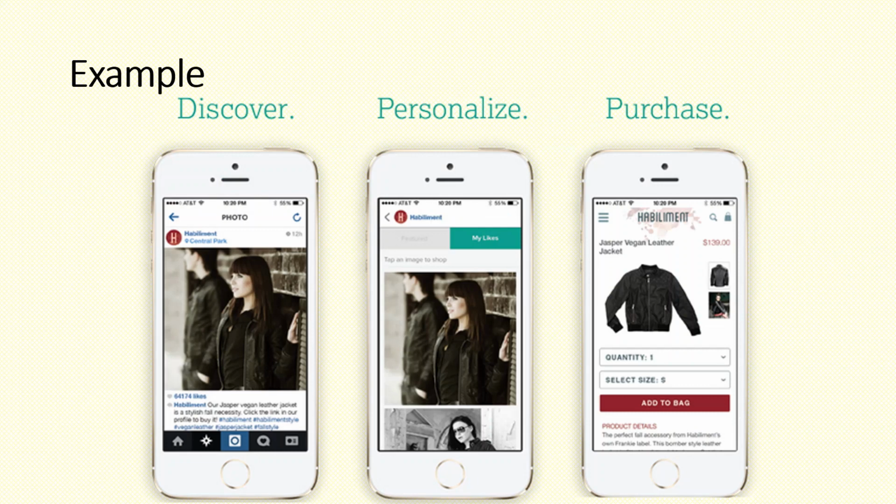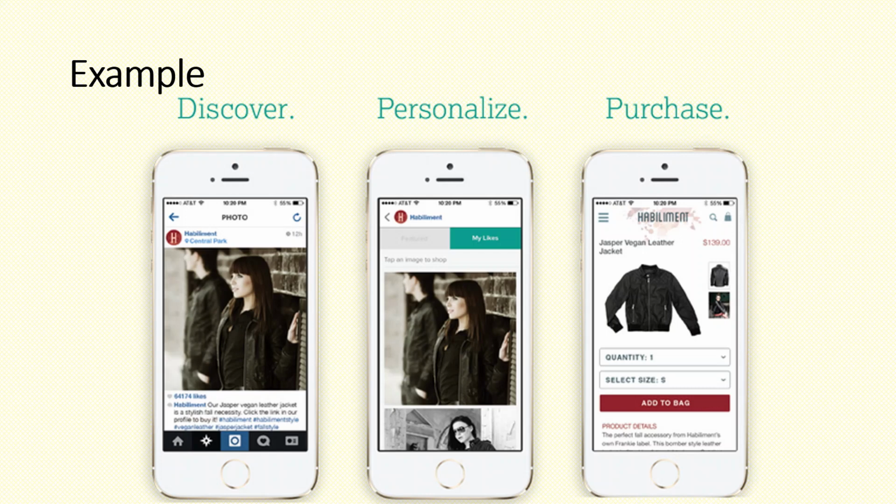Now let's see an example of this tool. Curalate has one feature called click to buy. In that, as and when an image is discovered and a customer wants to purchase that product, it can be easily purchased using the feature called click to buy.